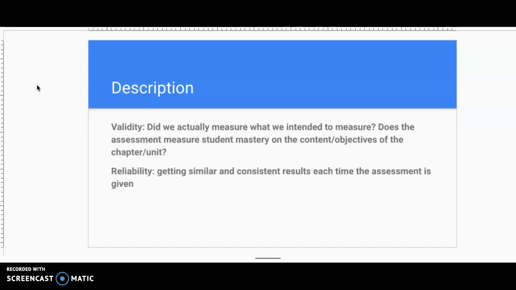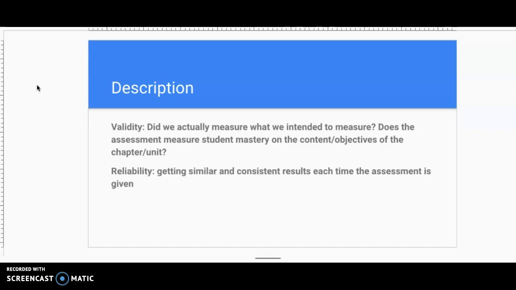So the first one there with validity, we want to make sure that the questions that we are adding to the assessments that we're creating, the assessments that we're giving to our students, are asking them to master questions from the content that was taught. So we should not really be throwing in any questions that were not part of the current unit, questions that did not have anything to do with the objectives of the unit. We want to make sure it's specifically looking at just what we taught our kids and what we want them